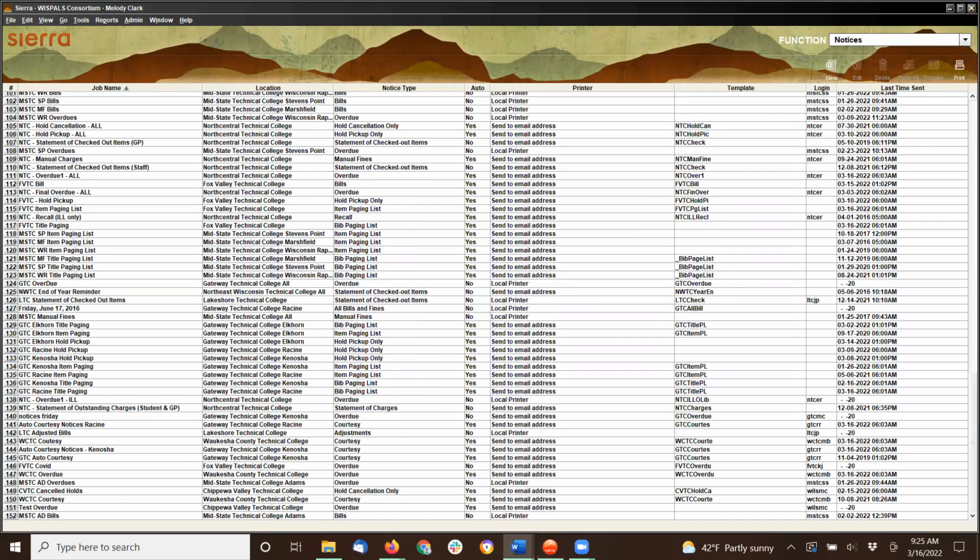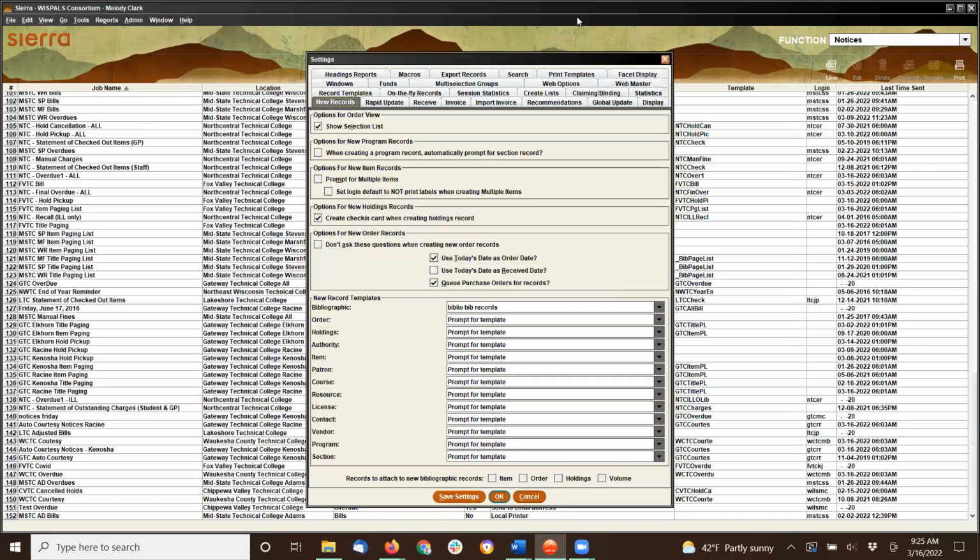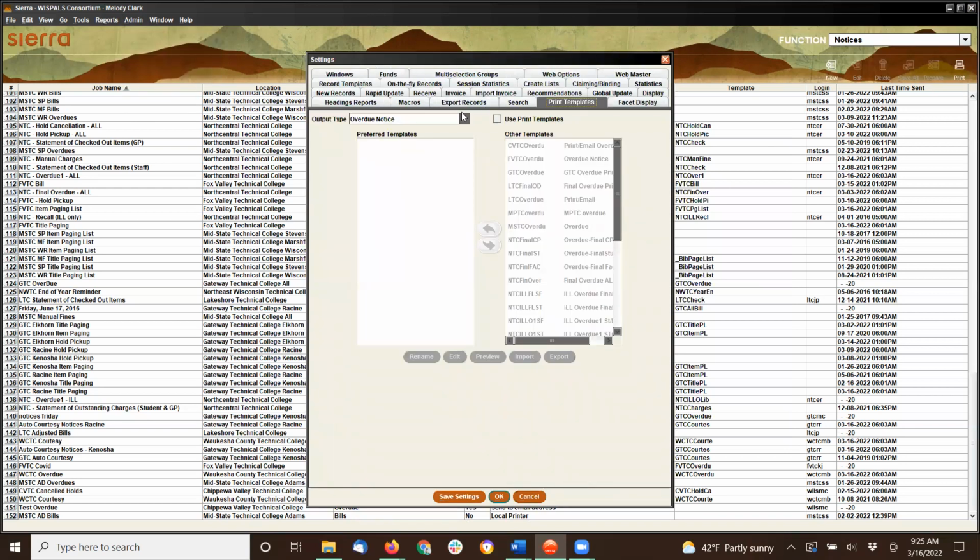All right, so another notice that I want to look at quickly today is the due date receipts. And again, if you're not using print templates, you want to go into your settings and look at that print templates tab again. And for due dates,